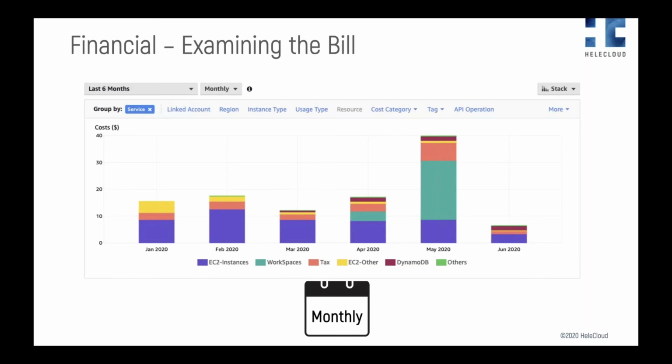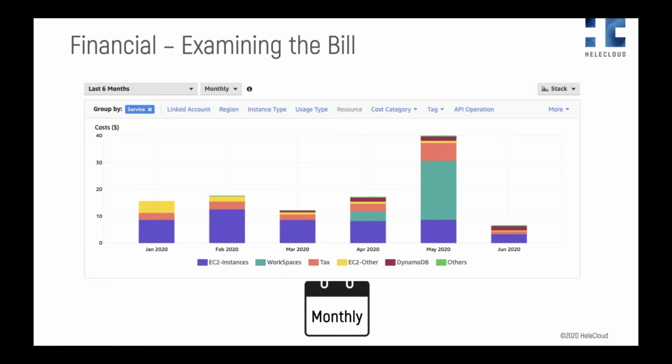And here is my personal bill for the last 6 months. You can see that most of my cost is in compute, primarily EC2, but in May, I had a large spike in my bill due to the use of AWS WorkSpaces. What we find is that in most typical workloads, compute is the biggest spend, and it's important to understand your largest costs because this drives where you should be focusing your cost optimization efforts. And it shows why Densify is so useful because it concentrates on driving down those compute costs for you.